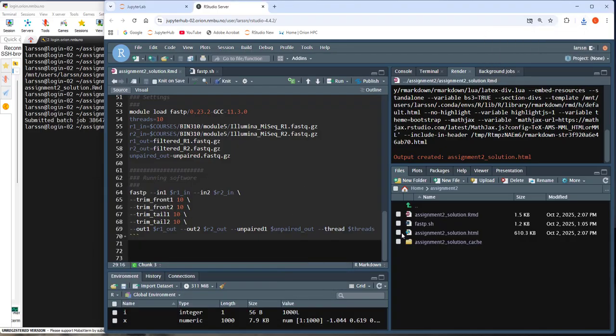Any file you will want to take from Orion down to your own computer, you can just select them here and export. There are also other ways of doing it, but I would suggest you try this first. And if you have some problems, we can always look for other ways to transport files from Orion down to your own computer. And then you hand it in the same way as any other file. Okay,